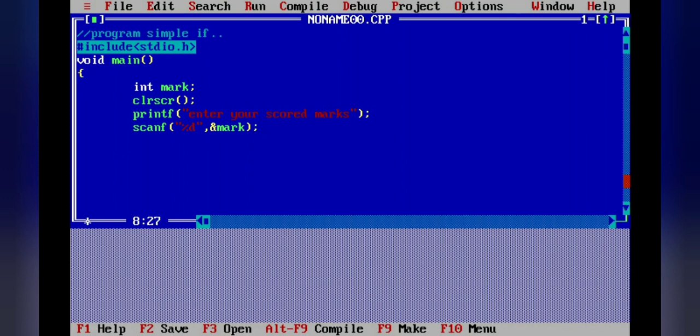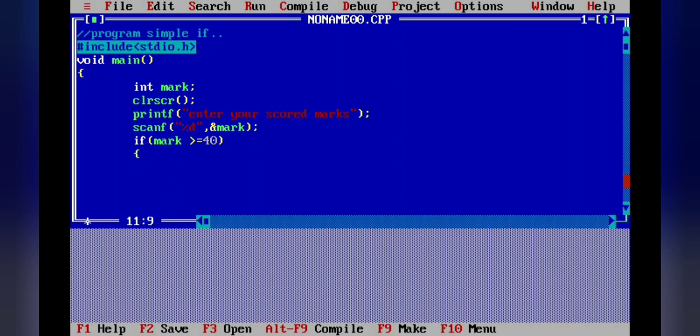With the help of the ampersand sign, it assigns memory for our input, so the input will be stored at that particular address. Now we will check the condition with the help of simple if: if the mark the user has entered is greater than or equal to 40, then the user will pass.